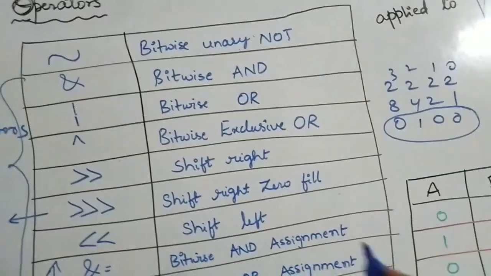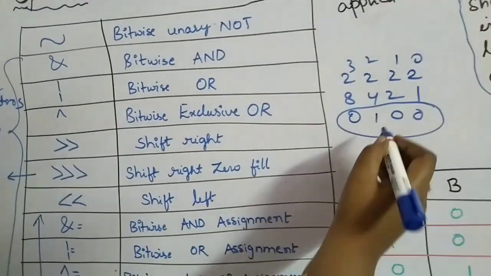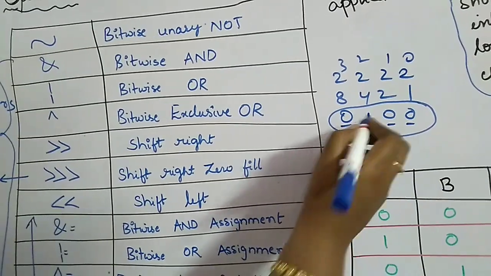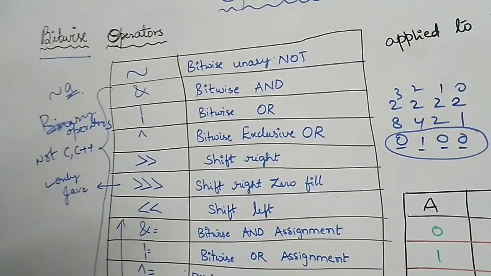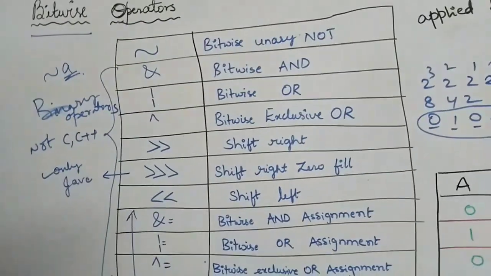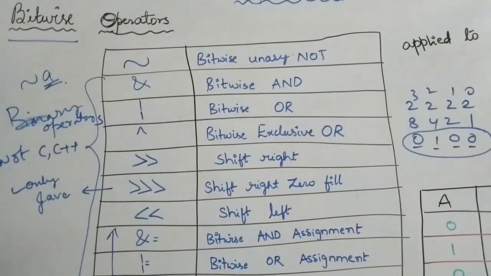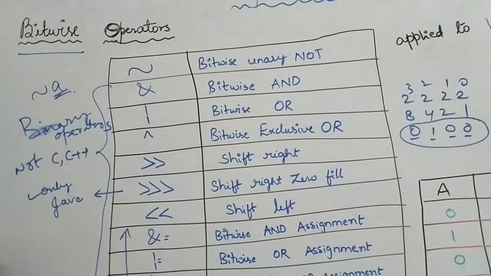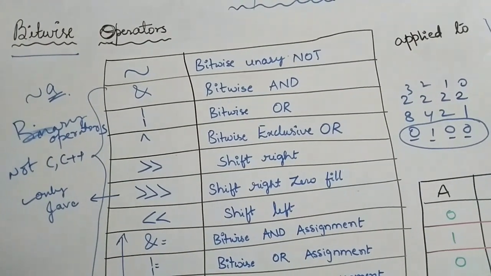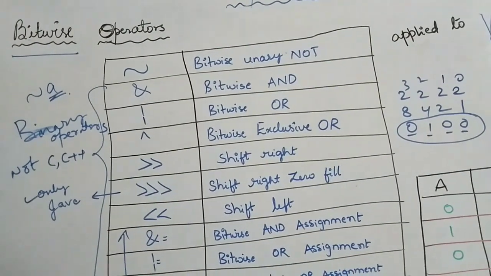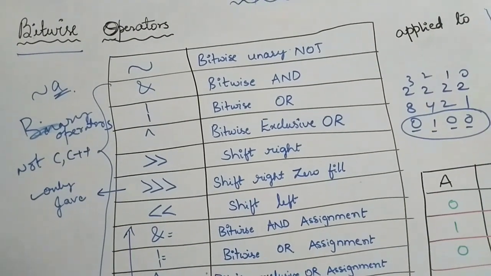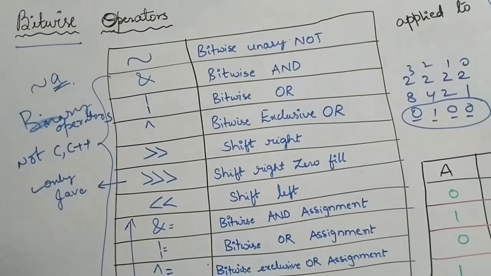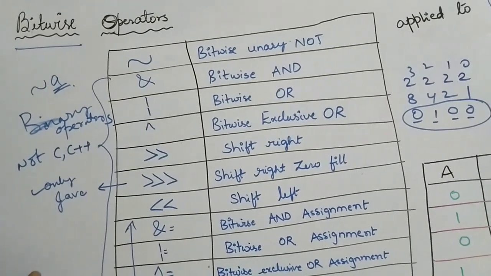Now bitwise operators will act upon these individual bits. That's why we call them bitwise operators. Any decimal value that you take will be converted into binary, and then these operators will act on the binary data, and then the binary result will be converted back into decimal and given to you as output. I hope you understood this sequence of steps that will take place whenever you use bitwise operators.